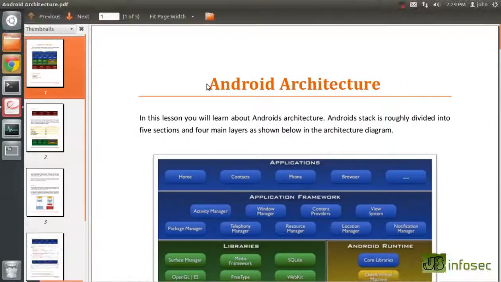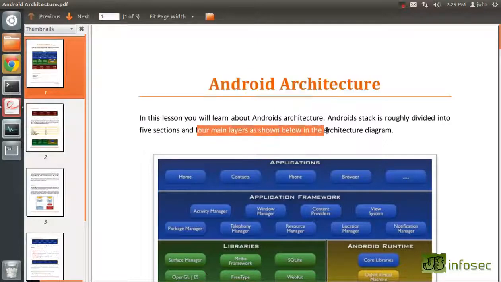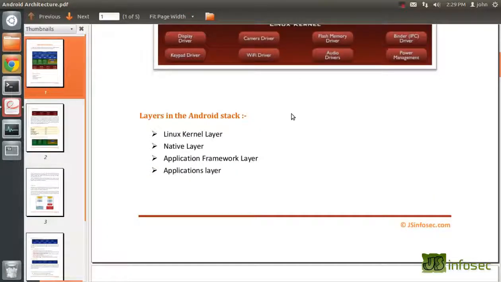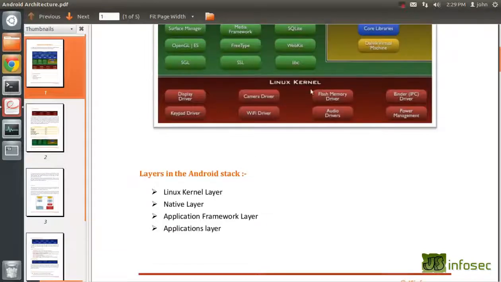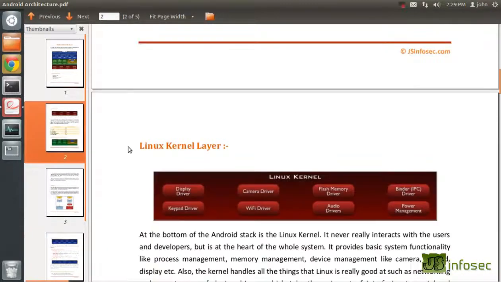Hi all. In this lesson, you will learn about Android's architecture. The Android stack is roughly divided into 5 sections and 4 main layers as shown in the architecture diagram. They are the Linux kernel, the native layer which consists of libraries and the Android runtime, the application framework layer, and the applications layer. Let's have a look at these layers in detail, and let's start off with the Linux kernel